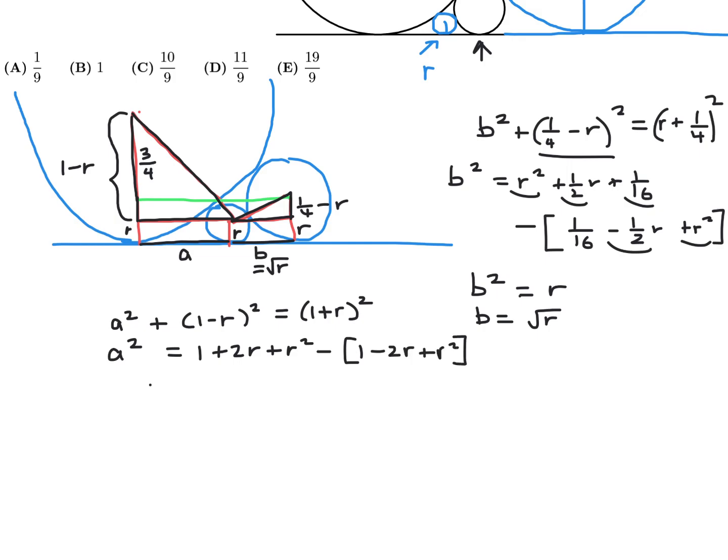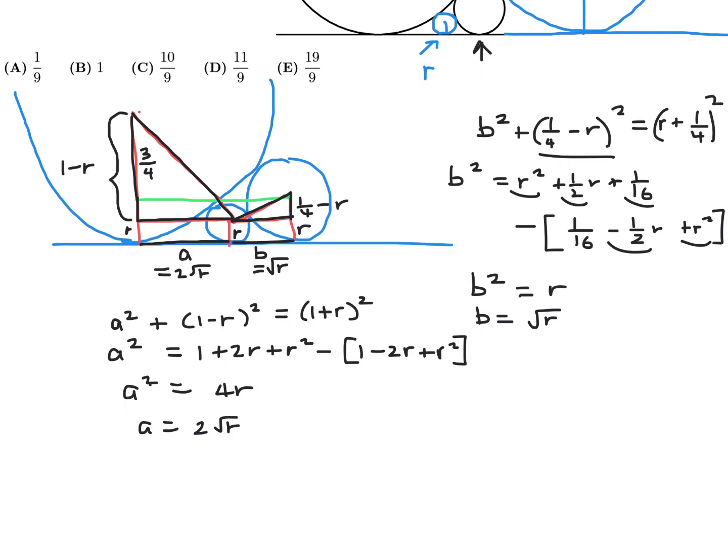So let's see here, a squared, the 1s cancel, that would become 4r, and the r squareds cancel, so a is 2 root r. So 2 root r. Okay. And fix the final one. The final